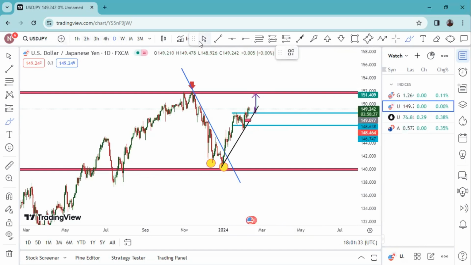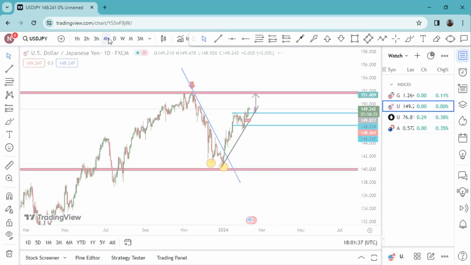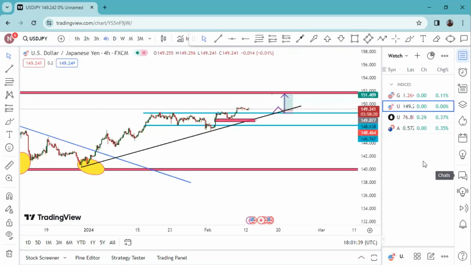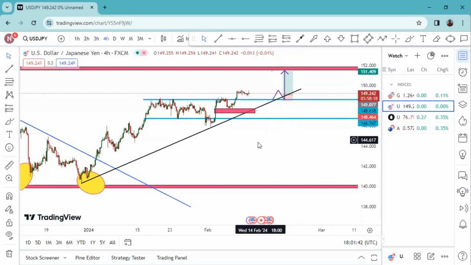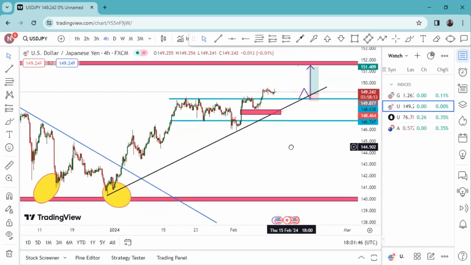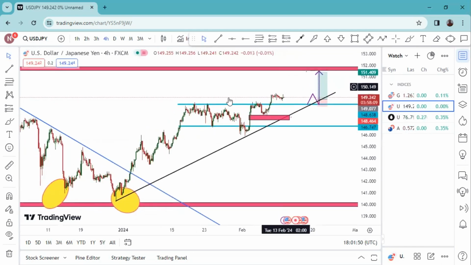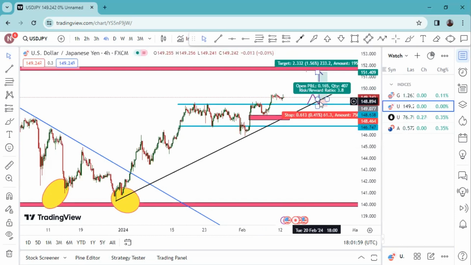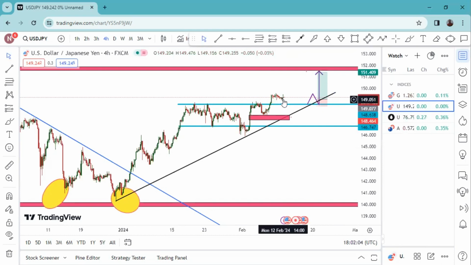Now let's go to 4 hours so that we can do some analysis on the 4 hours. Now this is 4 hours. You can now see clearly how I was expecting: this was the resistance zone, 1, 2, 3. The market has broken this resistance zone. So as you can see, I have drawn break and retest. I'm now expecting this market to